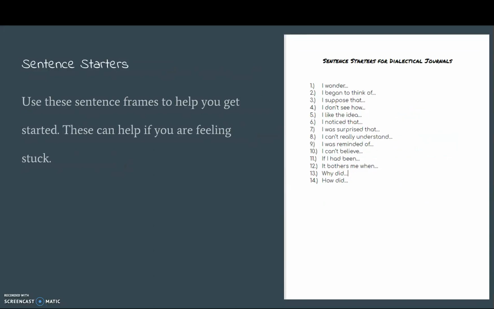One thing that I sometimes have trouble with is getting started, so I've given you some sentence starters as well to help you fill in either the left or the right hand. These are really helpful if you're feeling stuck. Let's